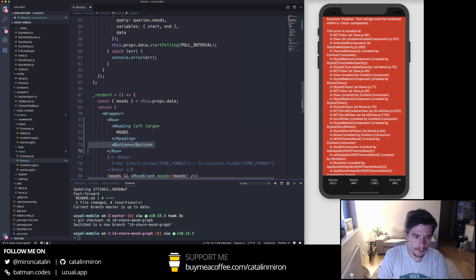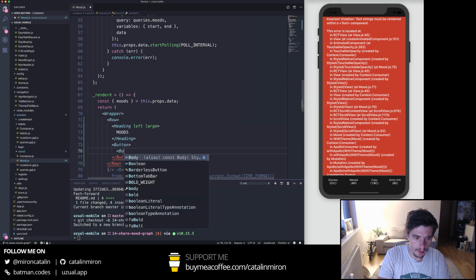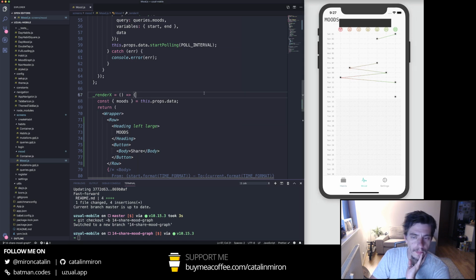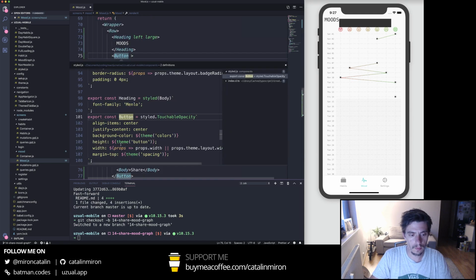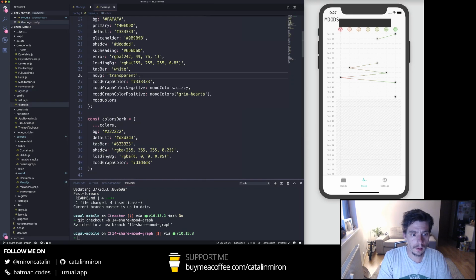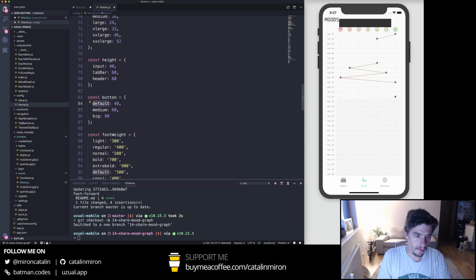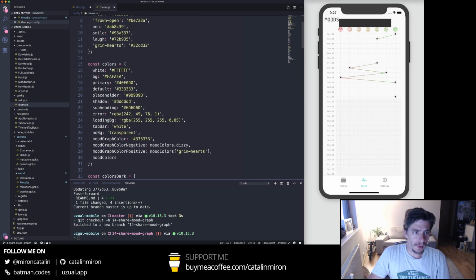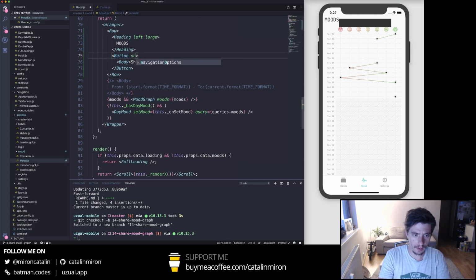So button, actually, oops, this should be a body and a share, and it's looking ugly, and that's because I'm going to the body here. This has a theme button, so theme button. I'll just do default, okay, and no BG. Okay, so no BG,